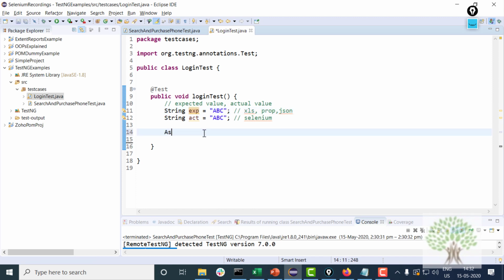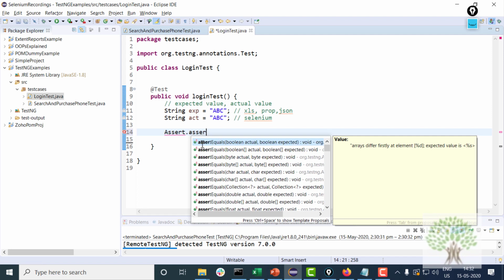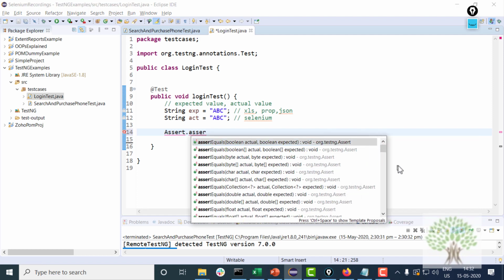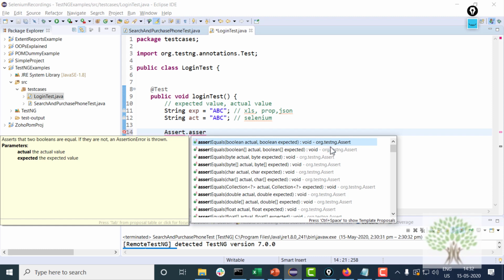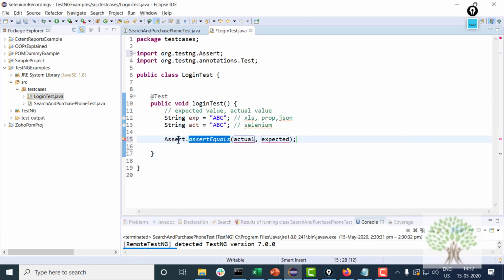So you use assertion over here. You use the class Assert. Fine. Assert is an inbuilt class inside TestNG. You write over here assertEquals. This is the function. Make sure you import this assertEquals static function from the org.testng.Assert class. At times it imports from JUnit as well. Okay, and you have to give the actual value first and the expected value. If both of them match, the test case will pass.